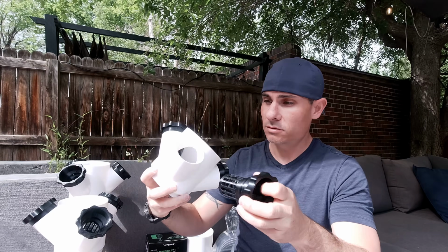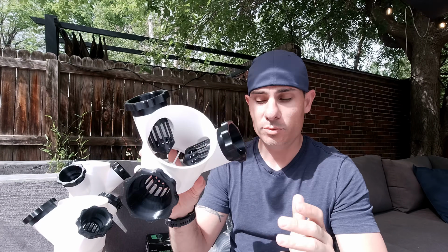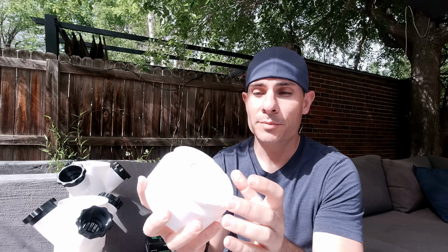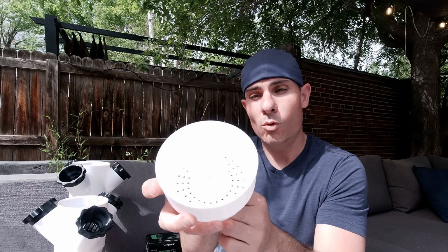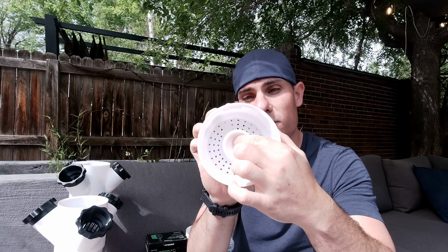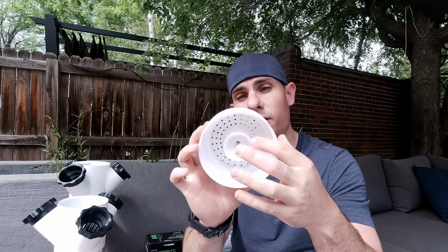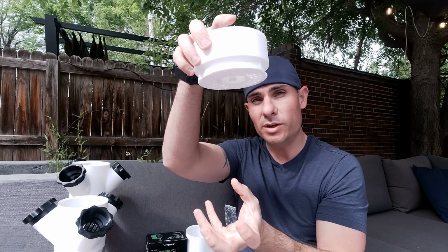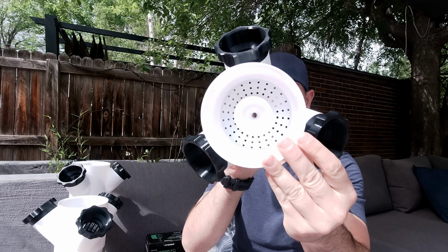So once we have this main piece printed, we've got the 3 pots that our plants are gonna go into. We need a dispersion chamber. This is one of the top pieces. And what ends up happening here is the plastic tubing connects to this, water flows upward, and as you can see, it sort of spills off these sides, and then these holes that are in here are what disperse the water, kind of drip it down evenly across all of the plant tops. And so this just secures to the top here, and as you can see,